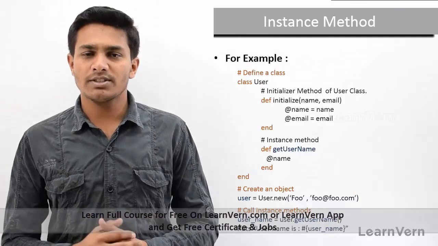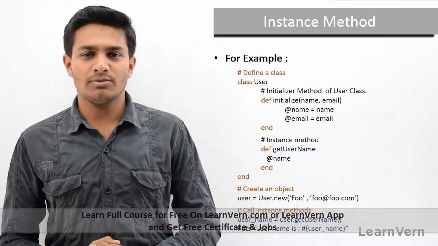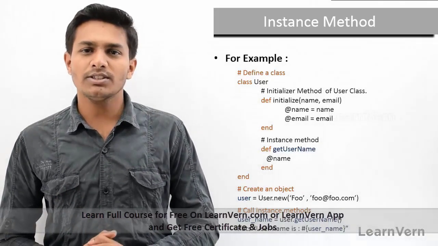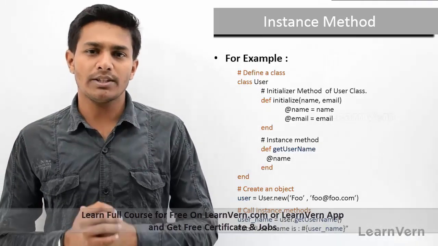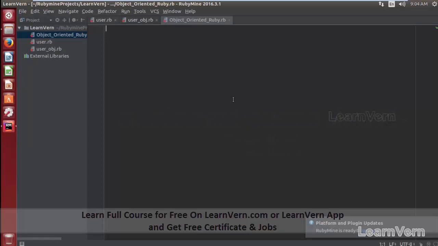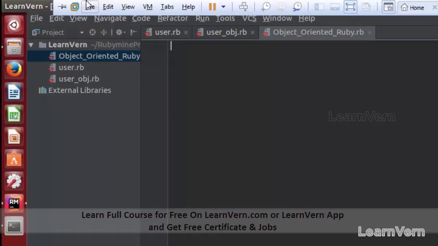It will combine first name, put a middle space, and then again append the last name. So in this way we will have full name of the user. So this is a practical example how we can deal with these instance methods. So let's start with initializer method. As I have already told you, initializer methods are the methods that work as a constructor, same like a constructor. Let's create one class named user,